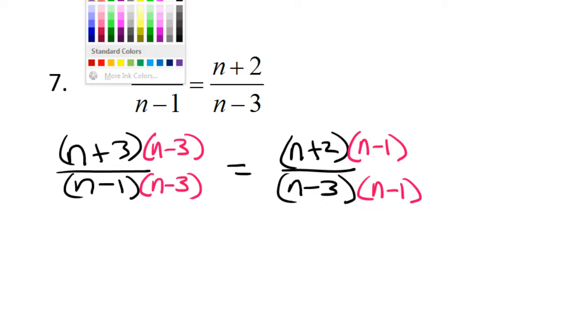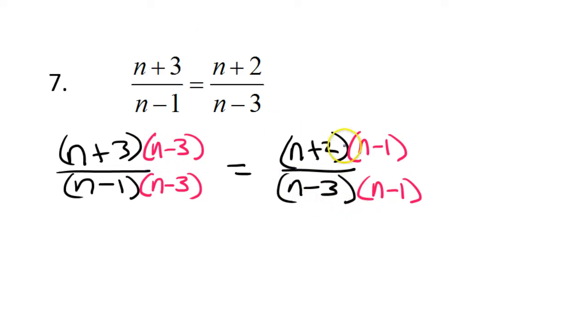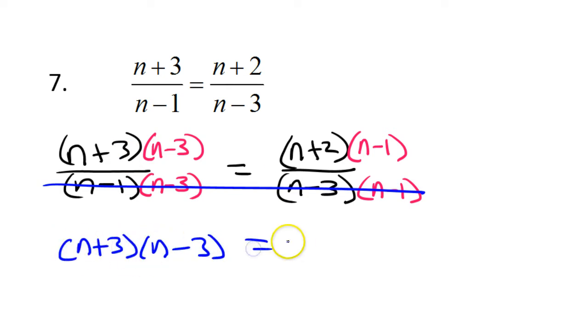If the denominators are equal, then the numerators must also be equal. So I'm going to ignore the denominators, because they're like denominators, I can ignore them. And I'm just going to set the numerators equal to each other. So I have n plus 3 times n minus 3 is equal to n plus 1 times n minus 1. Whoops, that's not what it is. It's n plus 2